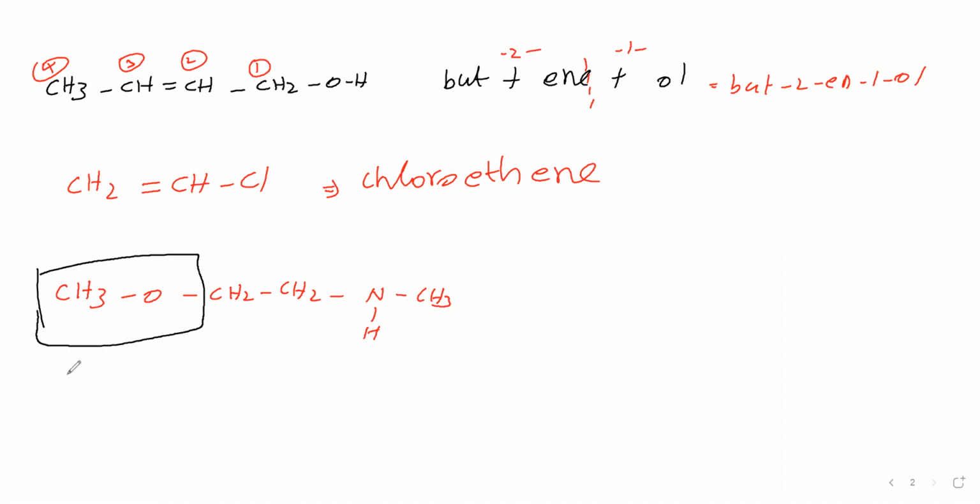This contains 1 carbon, therefore meth. This oxygen we have to say as oxy. So we have to call this methoxy. So we said methoxy for this. Then this part is secondary amine. Secondary amine means the group which is directly attached to N should be named first. Now this group is directly attached to this N, and this group is also directly attached to this N. Which name do we say first? This CH3 or this CH2CH2?